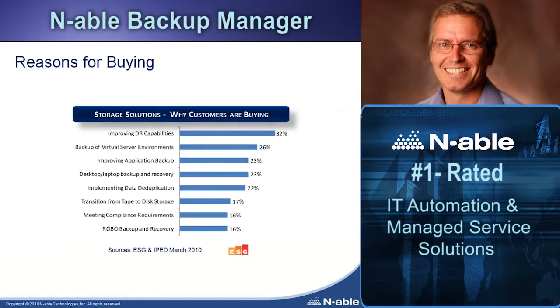A recent industry poll of the small to medium-sized business marketplace found that the primary reason for adopting a backup solution is, not surprisingly, the ability to improve disaster recovery preparedness. Quite impressively, the ability to backup and restore virtual environments is the second reason for purchases of new backup solutions. Some additional reasons include the reduction of storage space being consumed, the associated costs, and leveraging deduplication technology. We can move away from legacy-based tape systems and the desire to start backing up distributed data, even in remote